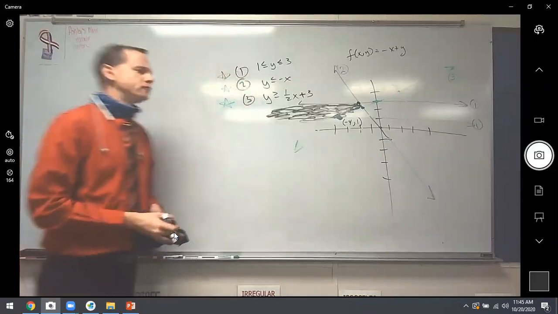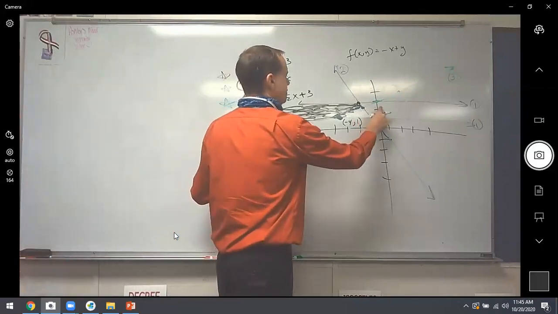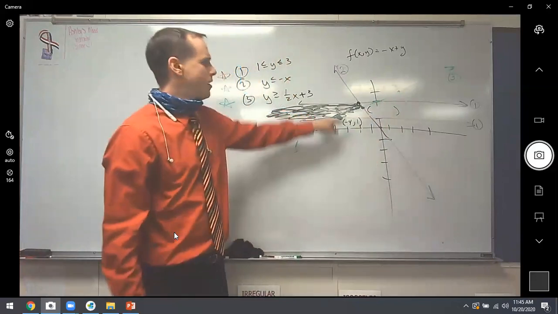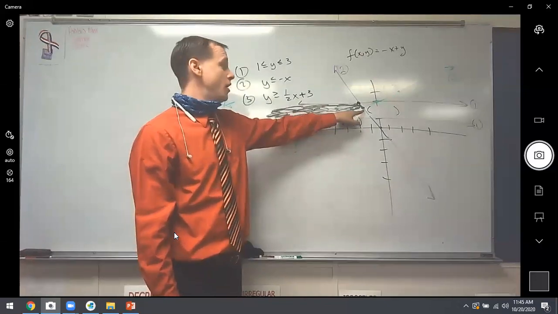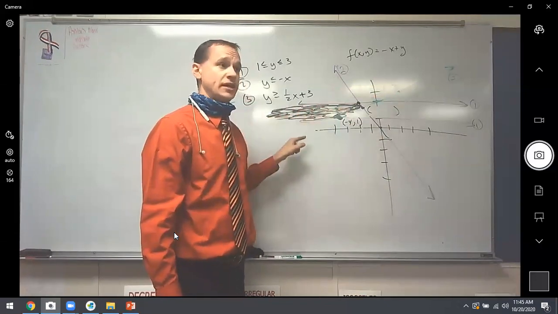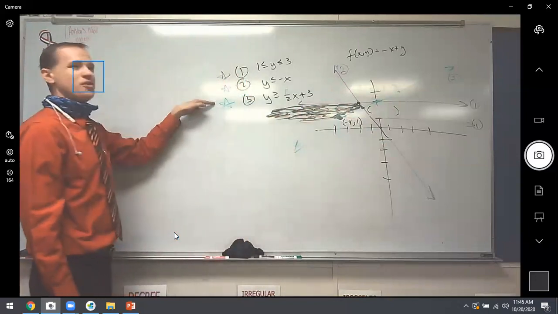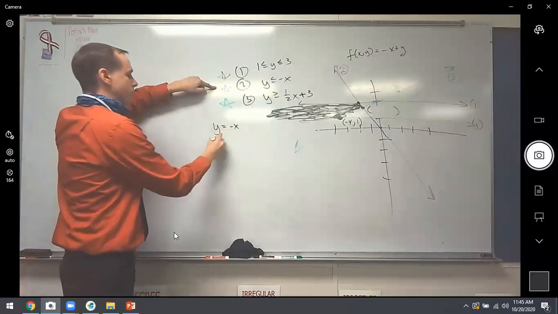Okay, there's 1 point. Let's keep working. How about this one right here? That's the hard one, because I got nothing to go off of. I don't know what x is there. I don't know what y is, but I do know that this is where the purple and the green intersect. Would you agree? So the purple and the green, where they're equal to each other, if you go write them out as a system,